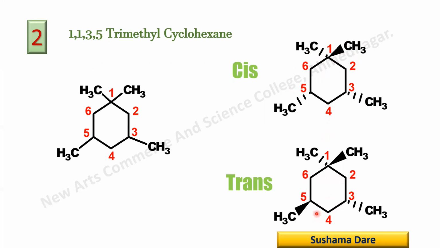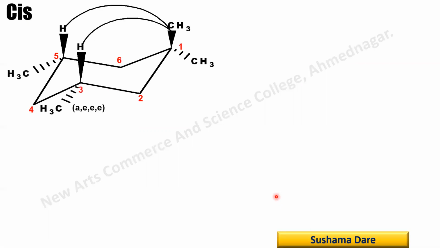In this one, the stereochemistry of the remaining 2 methyl groups is cis. So here the remaining 2 methyl groups are on the same side, therefore it is the cis compound, while in this structure the remaining 2 methyl groups, that is C3 and C5, are in the opposite direction, therefore this is the trans isomer. Let us start with the cis isomer. So draw the stereo structure of the cis isomer.